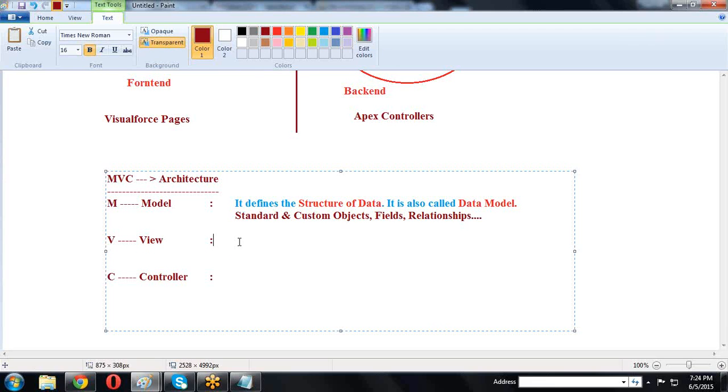Now the view component. The view component defines how the data is represented, by using VF pages, standard pages, page layouts, and tabs.